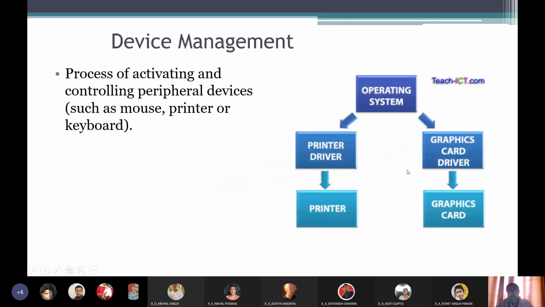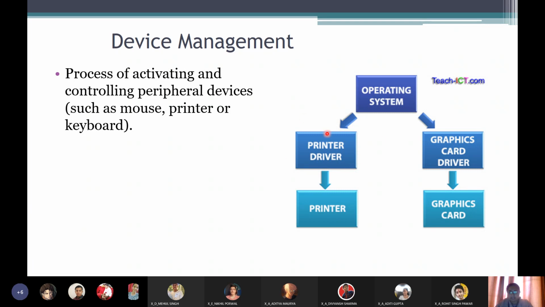Next is device management. It is also a very important function of your operating system. The operating system manages all the devices. Every device has its own driver, as you can see in this slide.